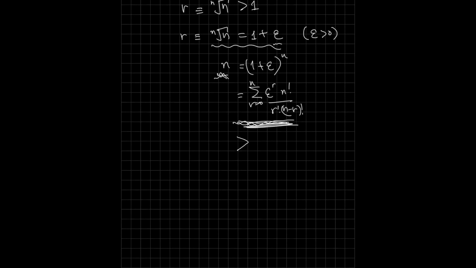So I'm just going to choose one term of this expansion, and the term I'm going to choose is epsilon squared times n times n minus 1 all over 2 factorial. The reason we chose this is because now, if I write this again here,